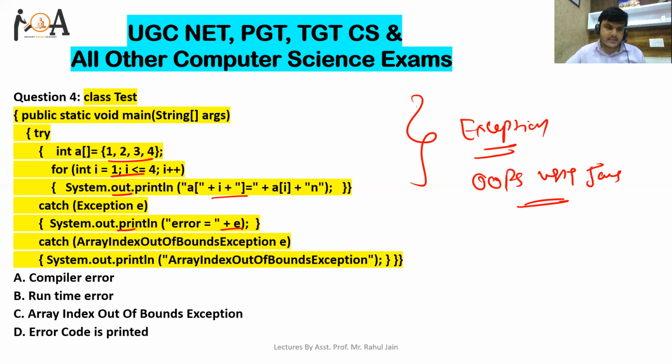If you will see here, we are calling a subclass of the exception after the base class exception. That would create an error. Why? Because the base class exception already knows the error, it is already declared like that, but we are calling the subclass exception after the base class. Hence we can say that a compiler error would be there, right? Hence option A is the correct answer for this question.